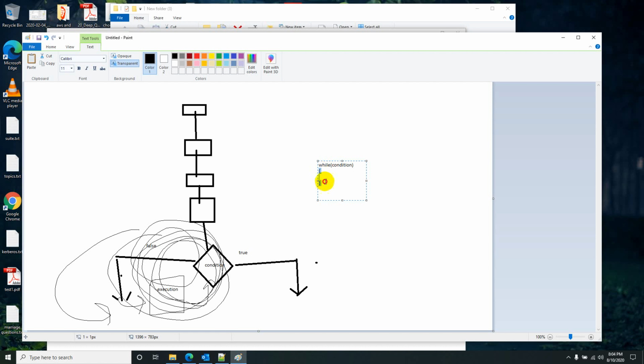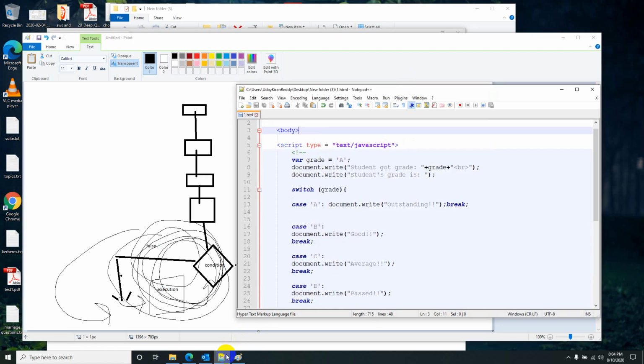This block will get executed continuously as long as this condition is true. When this condition is not satisfied, then it will come outside of this while loop. Okay, so let me show you in this example.